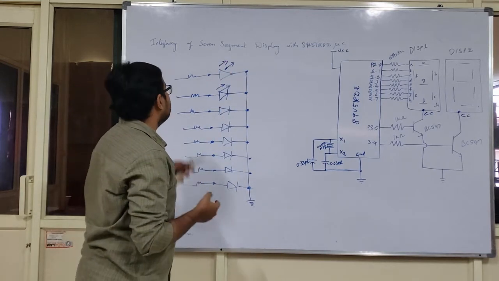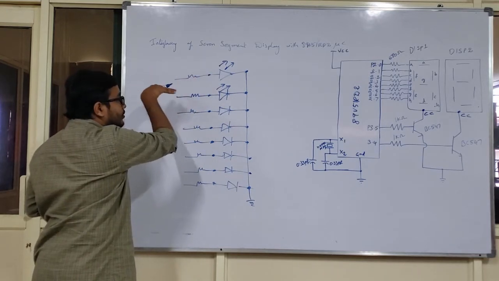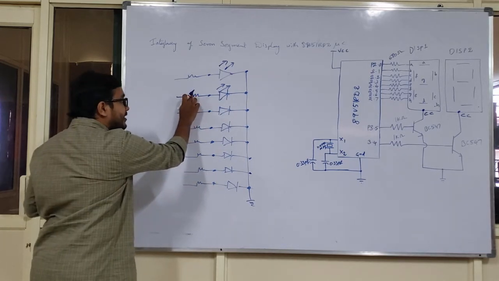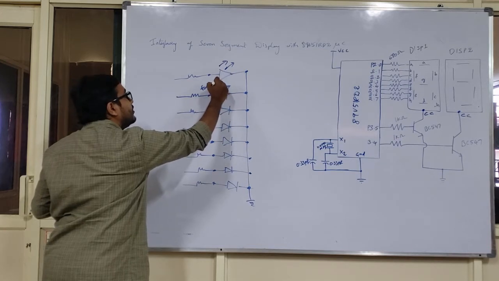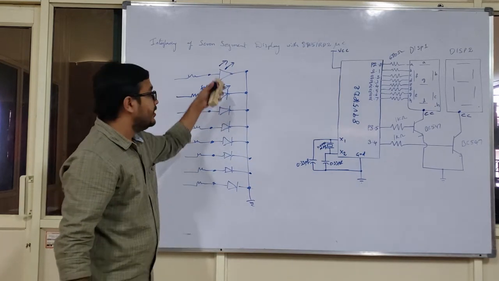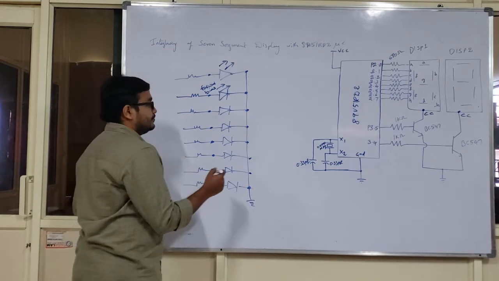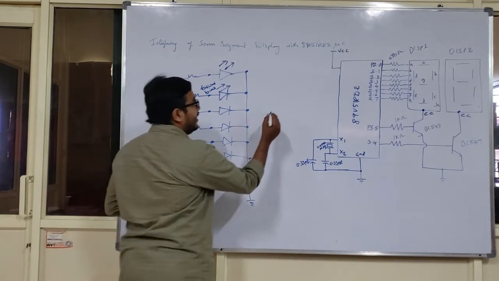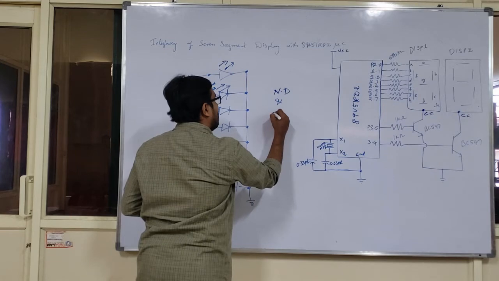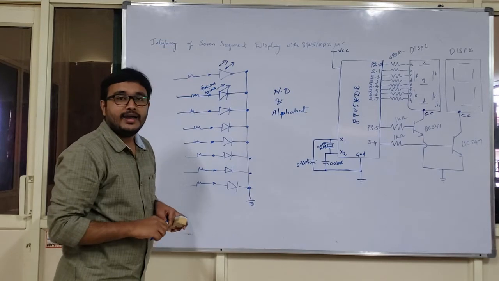Whenever a resistor is present before the anode terminal, the current will pass into the corresponding LED via the current limiting resistor. It will put the light emitting diode in the forward bias condition, such that the corresponding segment among all your 7 segments will be illuminated. So I can get a numerical digit as well as an alphabet when certain segments are illuminated.